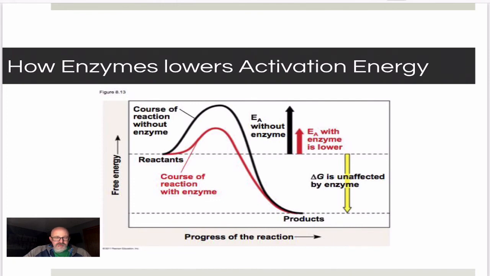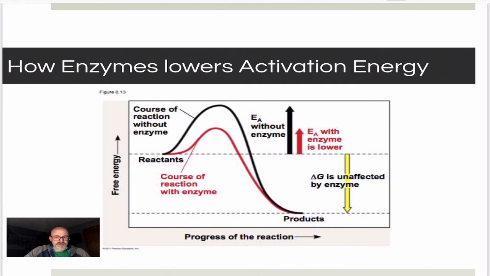But essentially, the way our book and the way AP Bio explains it is that without the enzyme, there is an input of energy needed. That's the activation energy to make that reaction then go downhill to create those products. With an enzyme, the reactants are still the same, the product is still the same, but the amount of energy needed to trigger it to happen is lower, and we can then get the same products. So the free energy is unaffected by the enzymes, but the activation energy is going to be lower when there's an enzyme, which allows it to happen much cheaper in terms of energy, and